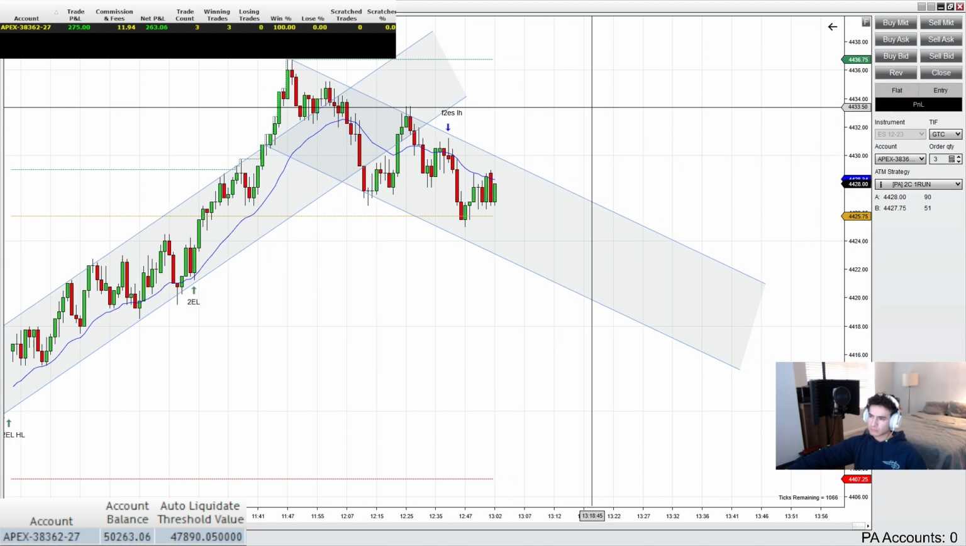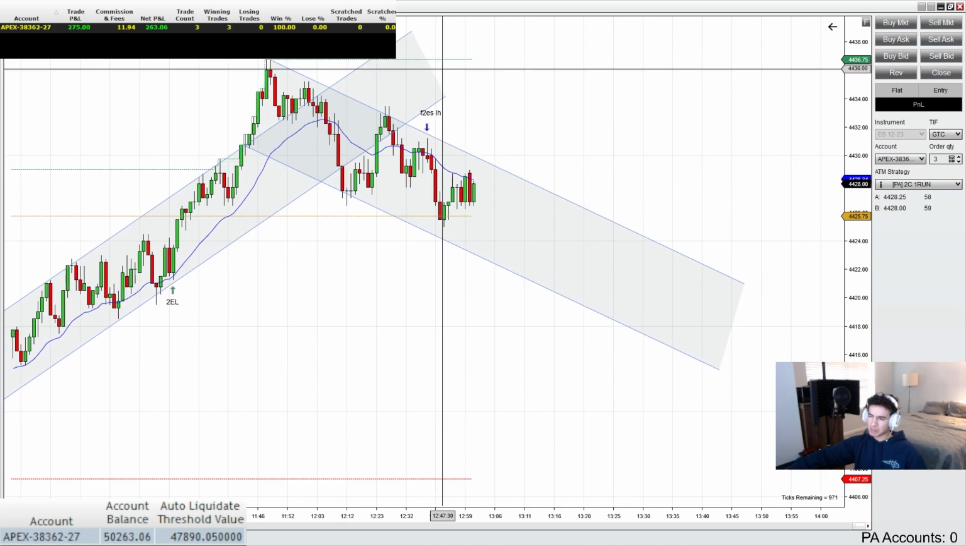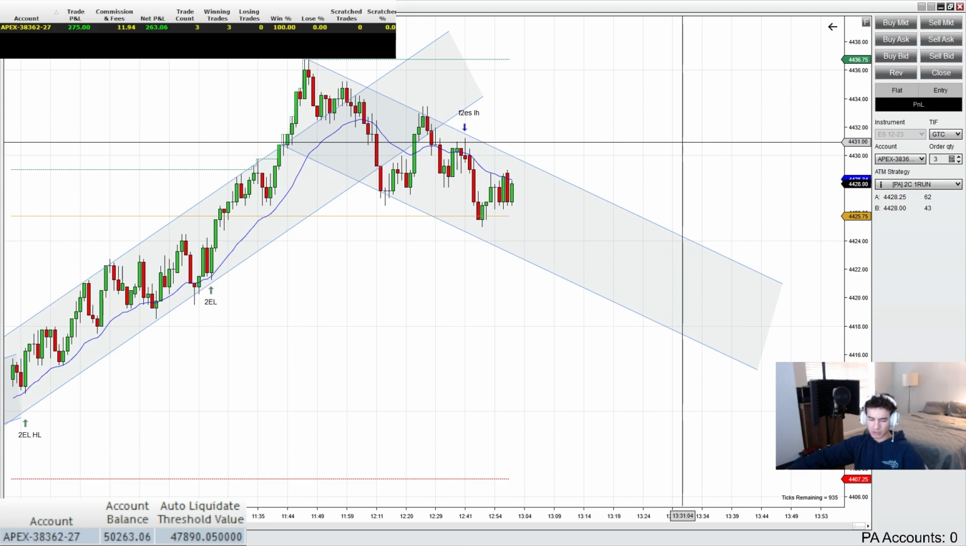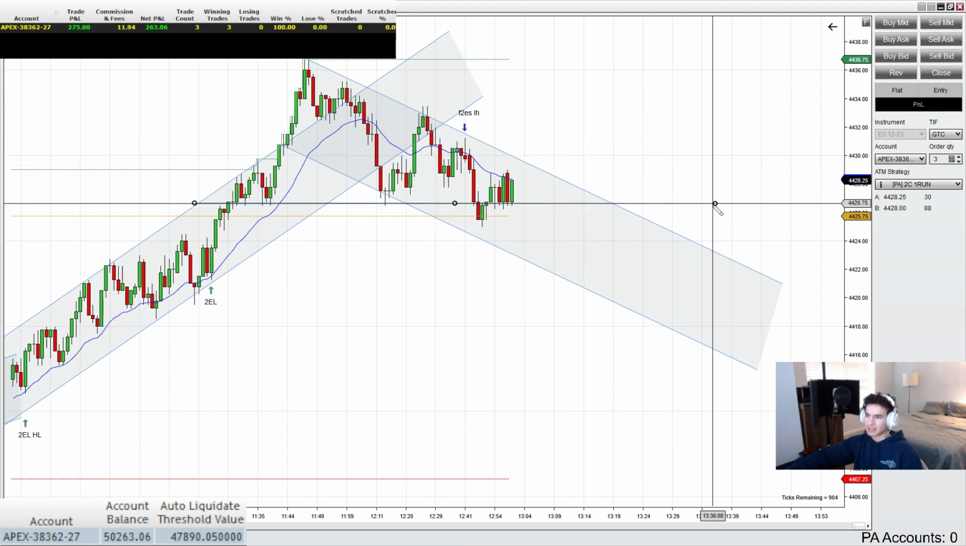Stop filled. Alright, and our runner just got stopped out. I did move our stop loss down to take profit a little bit early, only because I saw these lows kind of matching up, and we